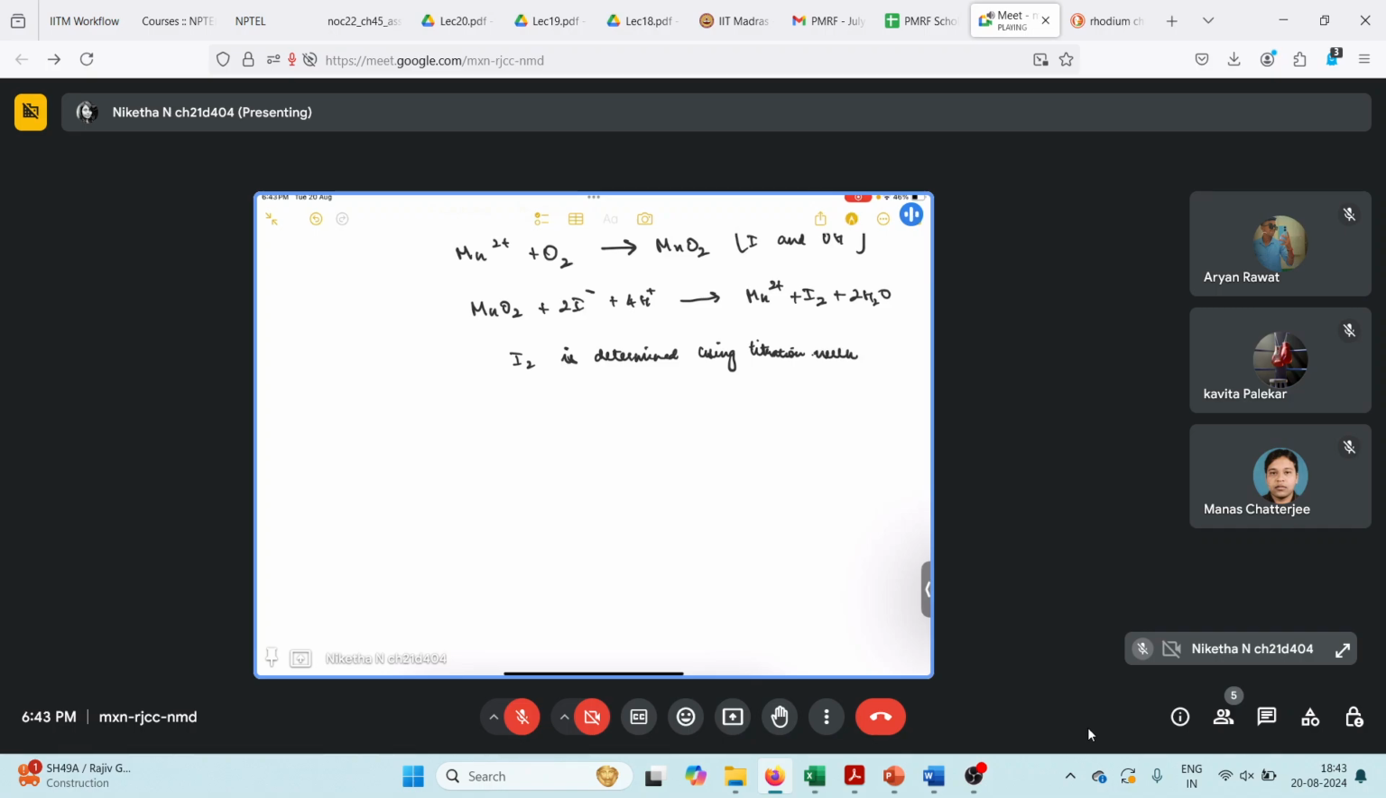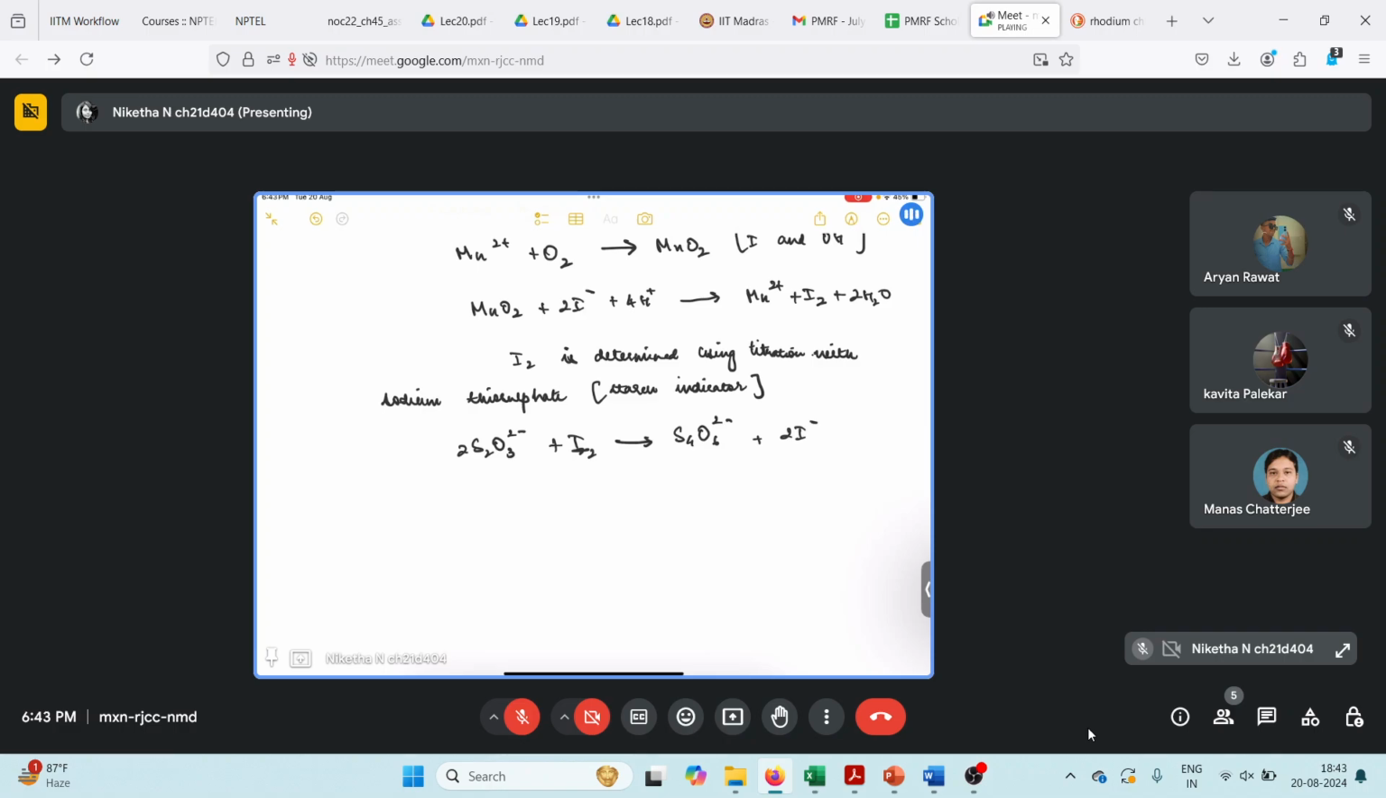So we will use sodium thiosulfate, and starch will be the indicator. So the reaction that happens during titration is thiosulfate will react with iodine and it will form S4O6 plus two iodide